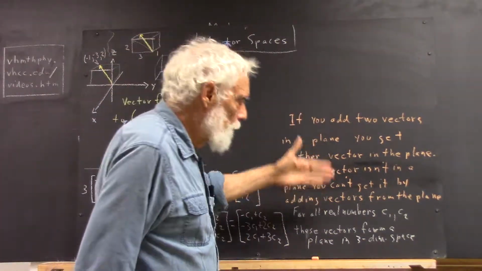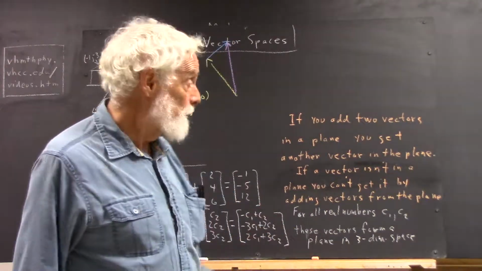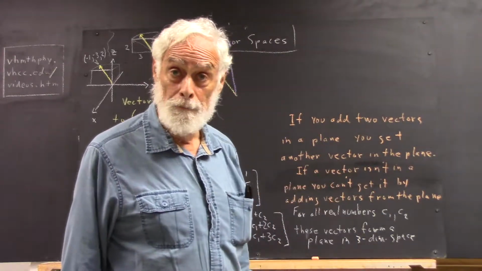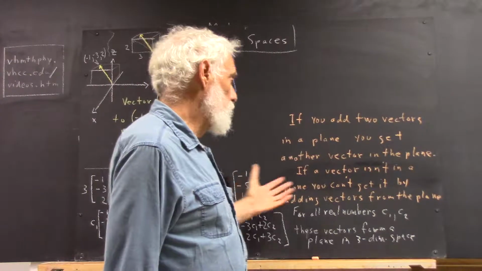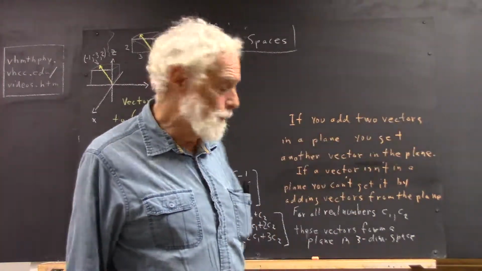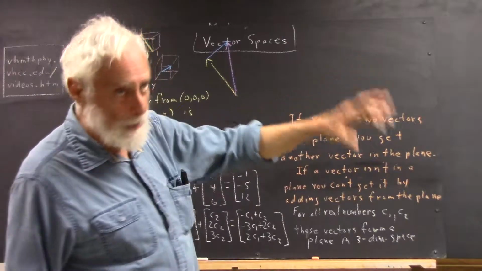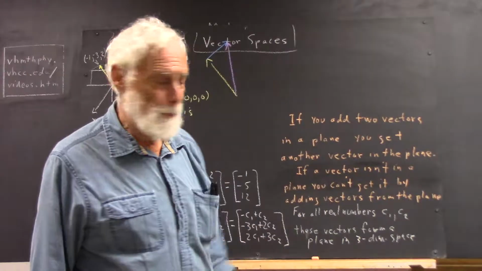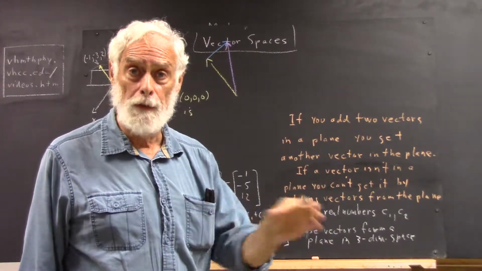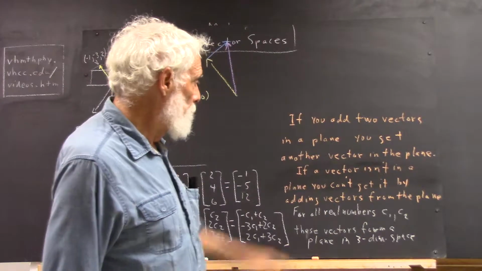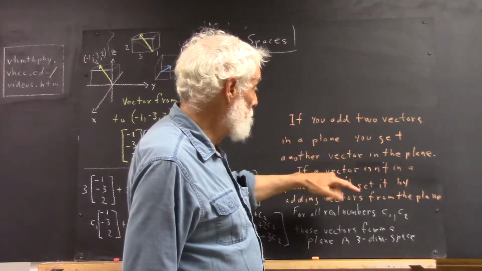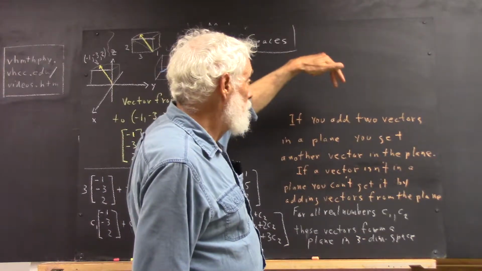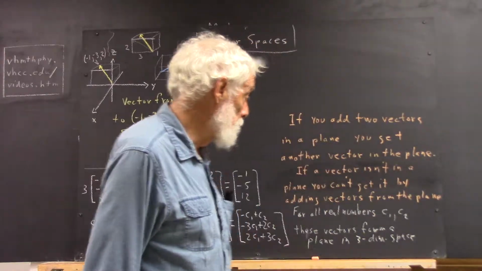Now, that's not quite a precise statement. If I say if you add multiples of two vectors in a plane, you get another vector in the plane. And you can't get a vector that's not in the plane by adding multiples of vectors in the plane. You really get something that's very close to a good definition of a space. Matter of fact, pretty much all you need is this, because this would follow from this. If I said multiples of the two vectors, add multiples of the two vectors. So,